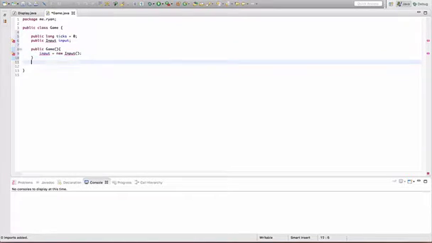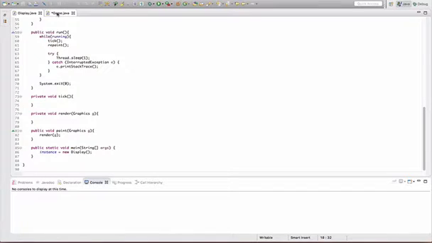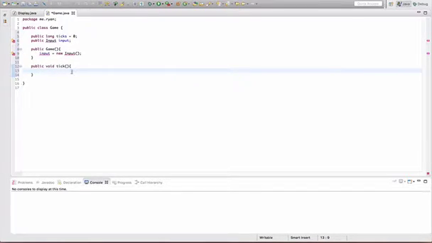And yeah, so we're going to say public void tick, and if you remember the display, we're going to call game.tick. We create a game. We're just going to say ticks++ for now. We're going to be adding stuff to that later. And let's say public void render,